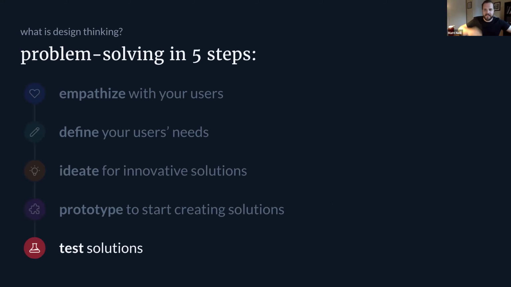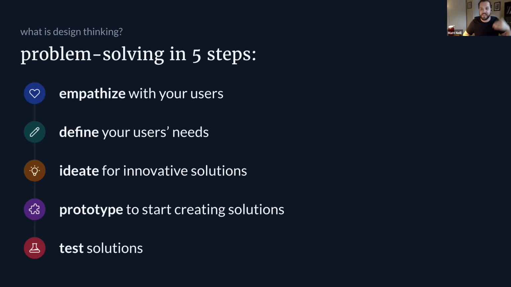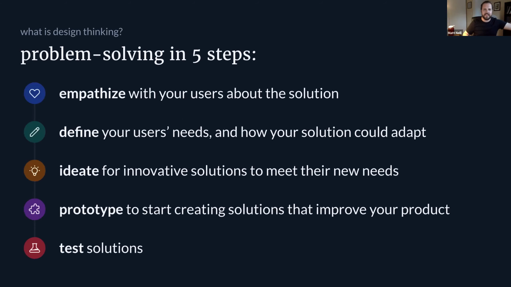The last step of this design thinking model is testing out the solution that you've come up with. And a gotcha here is that there isn't actually a specific step. It's actually just repeating the whole cycle. So you go back and start at the beginning, where we empathize with our users, but now we're asking slightly different questions than we were the first time around. Right now we're trying to dig into how our solution actually addresses the needs of our customers, and where we could improve that.